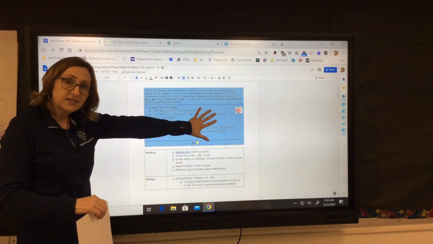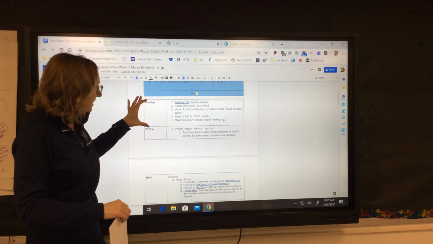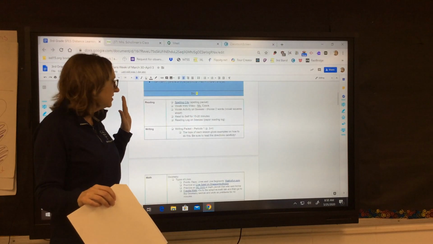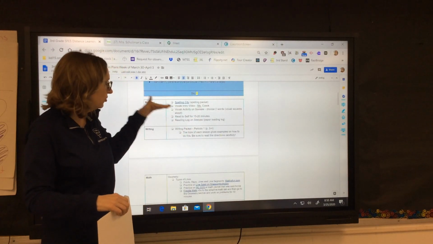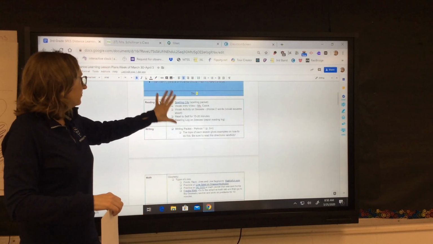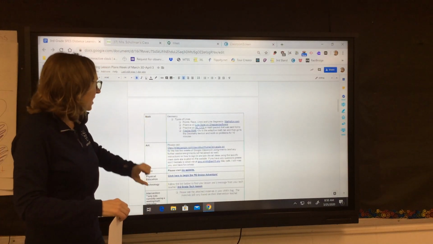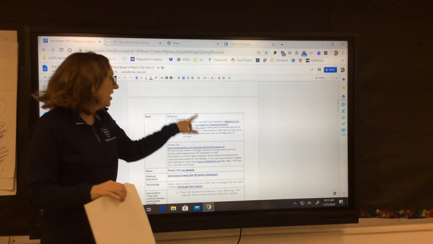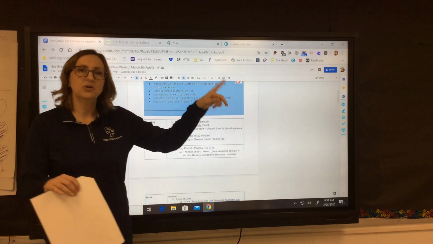Here are the learning targets for that first week. Then you can see in reading, this is what we would like you to do. If you wanted to print this off, because we put check boxes for you, you could do the check boxes and just go through it. So there's reading, there's writing, and here's some math. The blue underlines are links, so that you can just go to this document and click, and it will take you right there.